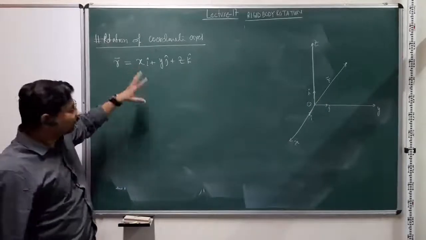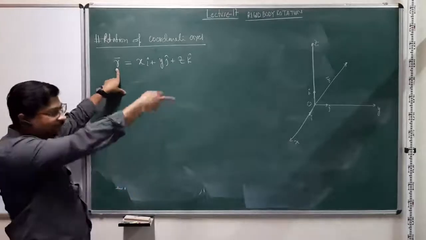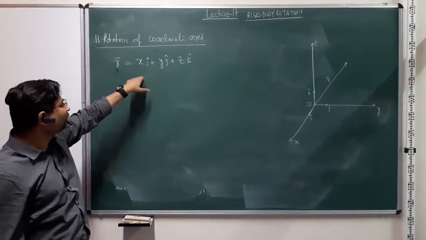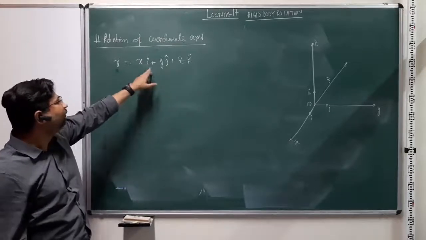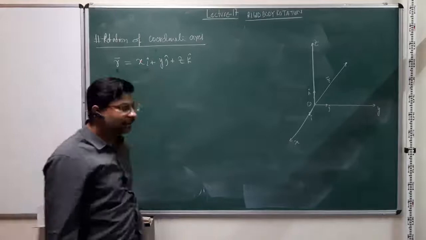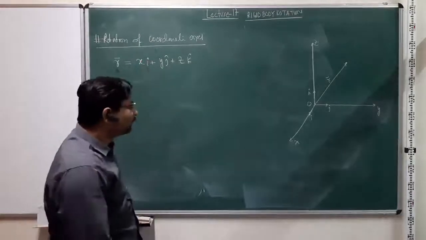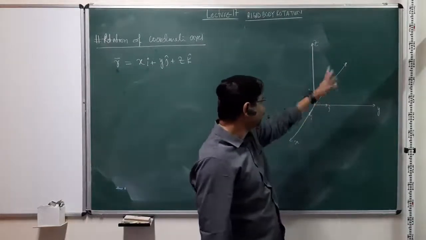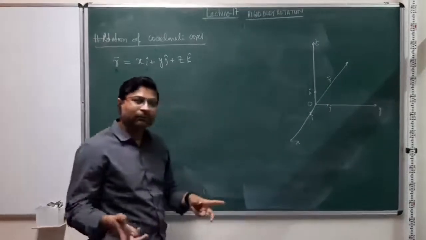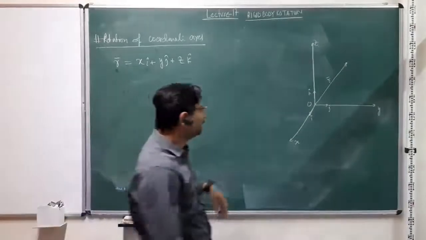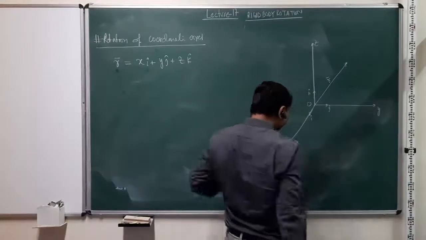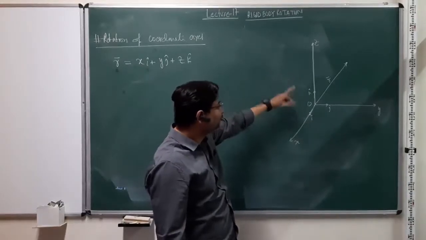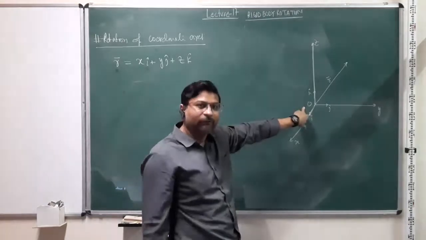And again, if I take an arbitrary vector in the same coordinate space, let's say A, then instead of x, y, z, I'll have the components of A, so ax, ay, az, and the respective i cap, j cap, and k cap. So this is my vector. Now let us say the vector remains exactly the same. The position vector about this origin is exactly the same thing, but now my frame has rotated. That means I am looking from a different x, y, z coordinate frame which is rotated with respect to the earlier one, with the origin being the same.